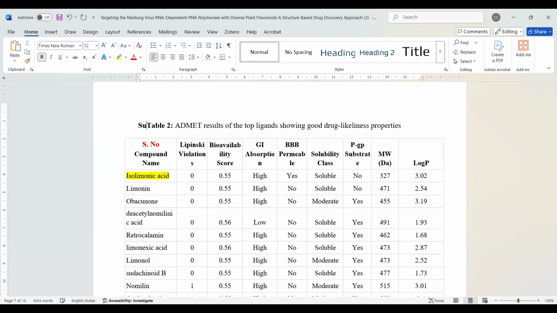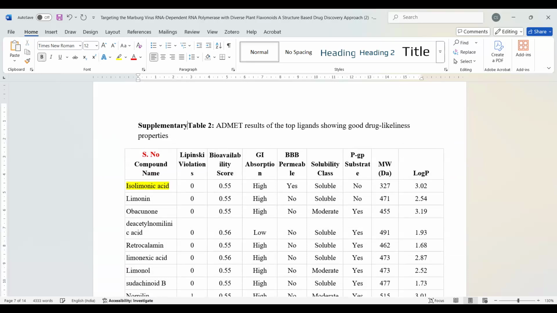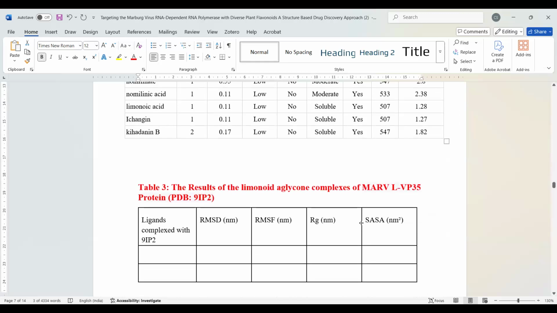Whichever is not directly supporting our claim, we can move to a supplementary table and keep out of the manuscript. But we'll add additionally. This is not enough, we will keep on adding more tables.